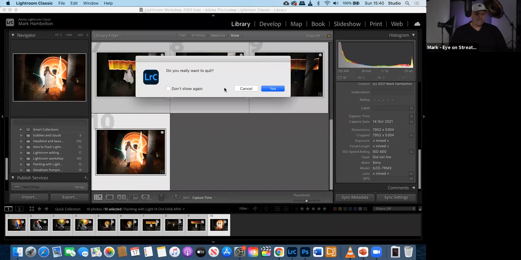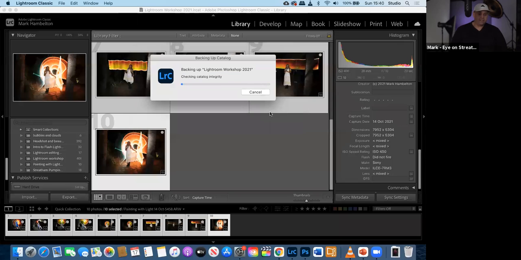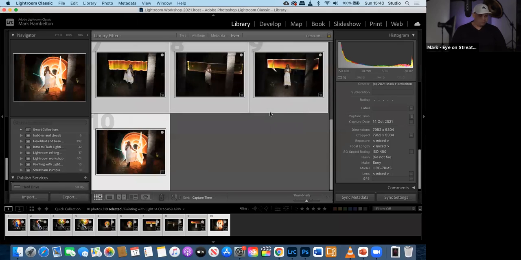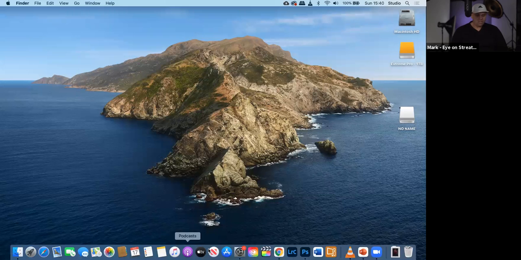it will say, hey, do you really want to quit? Yep. You can obviously turn that off as well. And now it's going to save and back up the catalog. And like I say, for a smallish catalog of about 500 images, it doesn't take too long at all. So if we fire Lightroom back up,